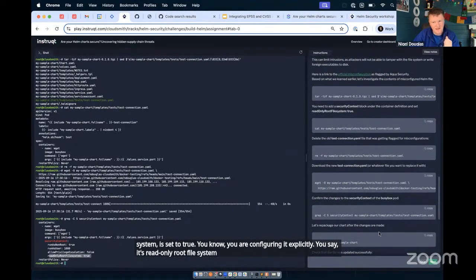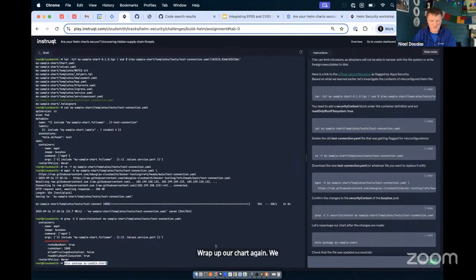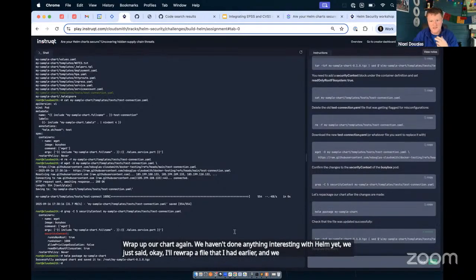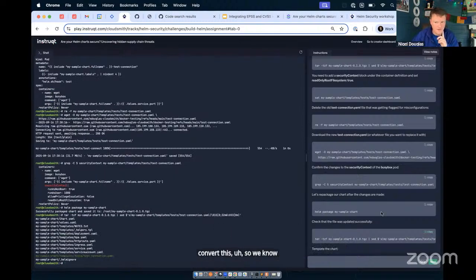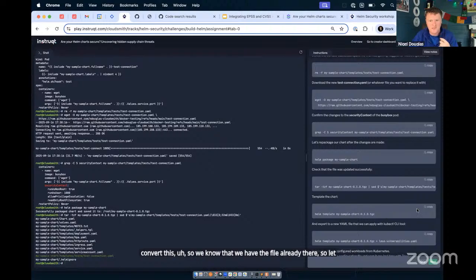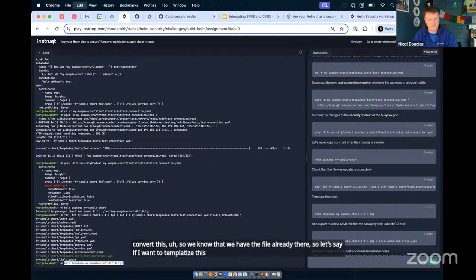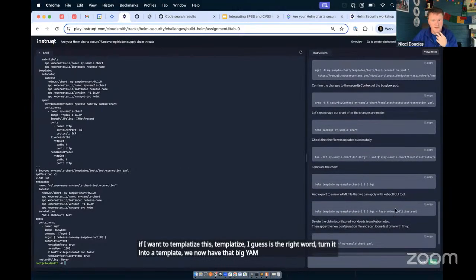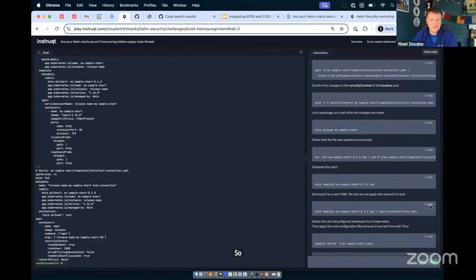So in that scenario, if we were to wrap up our chart again, we haven't done anything interesting with Helm yet. We just said, okay, I'll rewrap a file that I had earlier. We can, let's say, convert this. So we know that we have the file already there. If I want to templatize, I guess the right word, turn it into a template, we now have that big YAML file we talked about earlier,